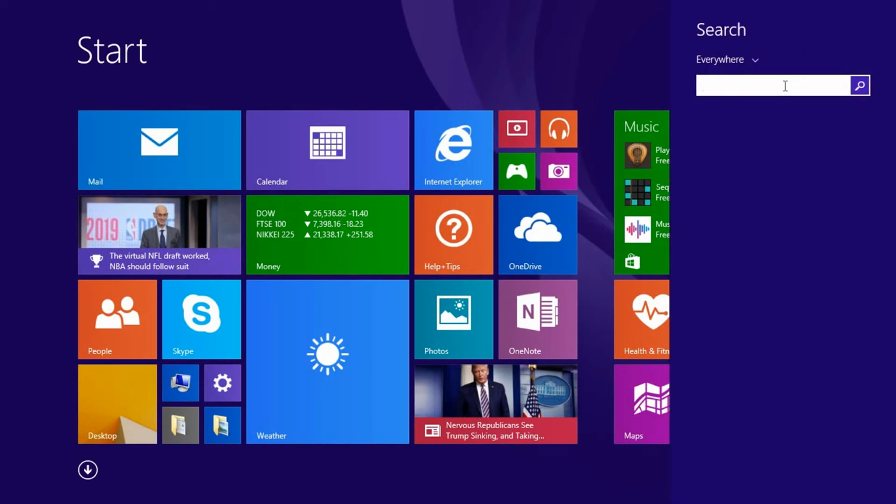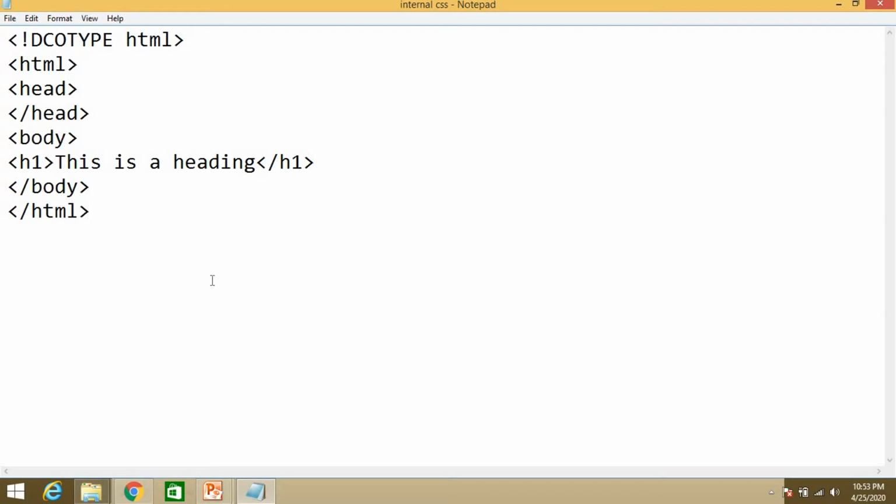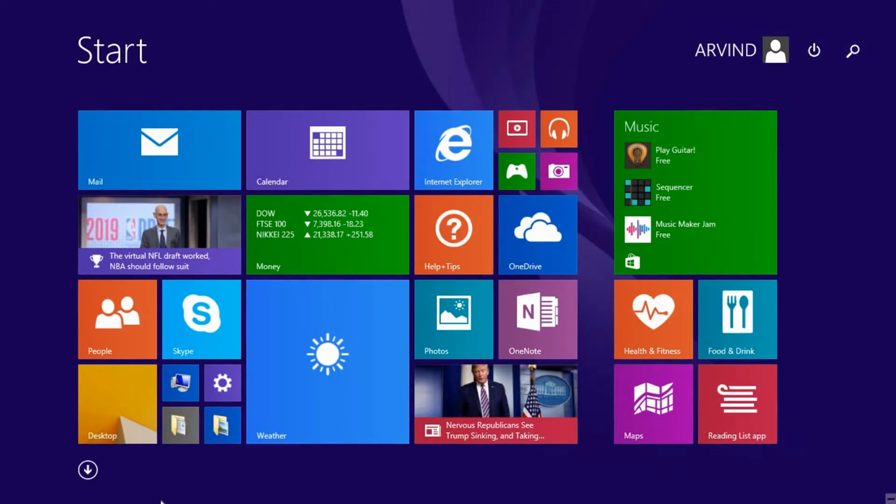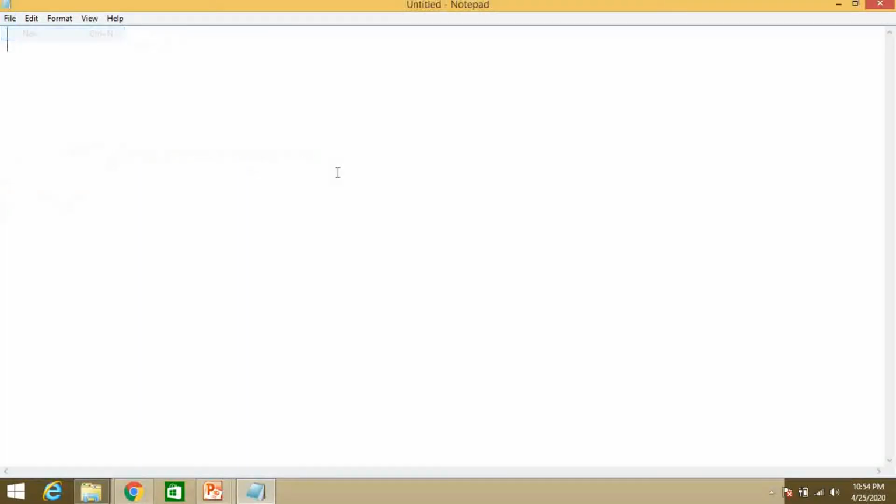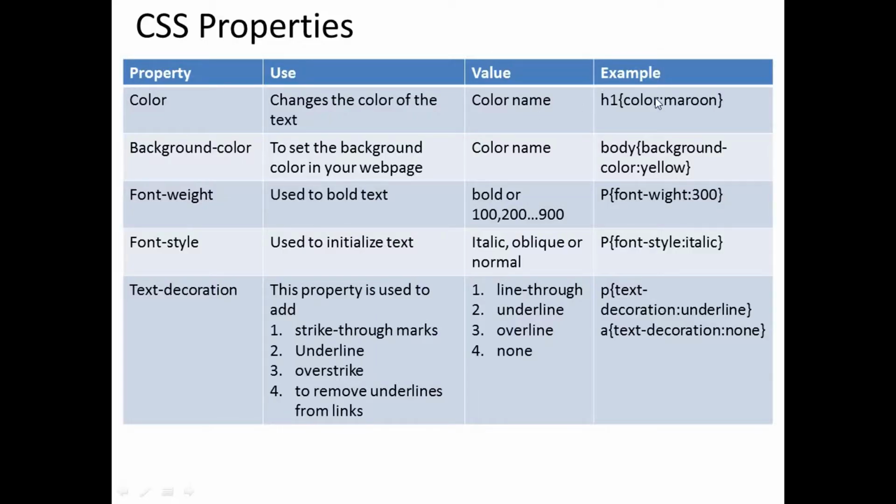Just open another notepad. You can create a new notepad from here also, File, New. Basically what you have to write is h1 color maroon, because you are applying this to h1.